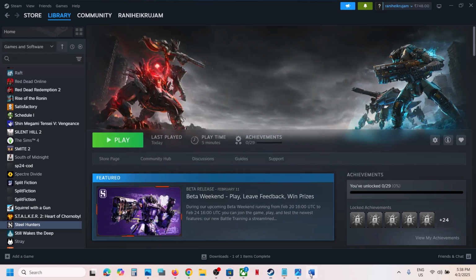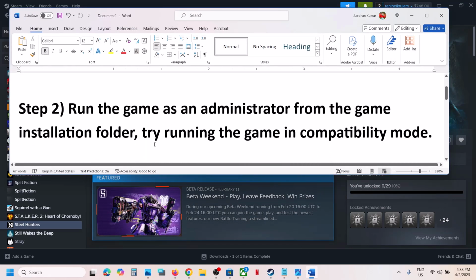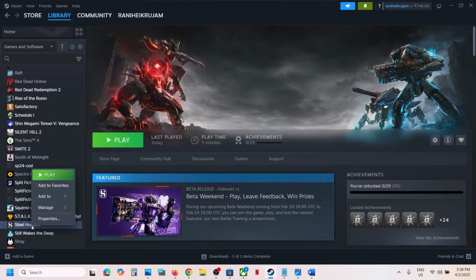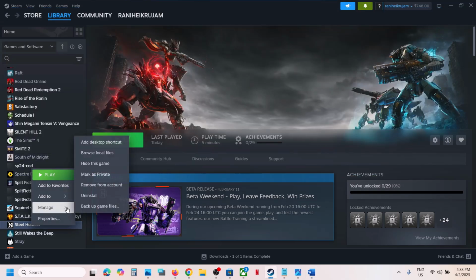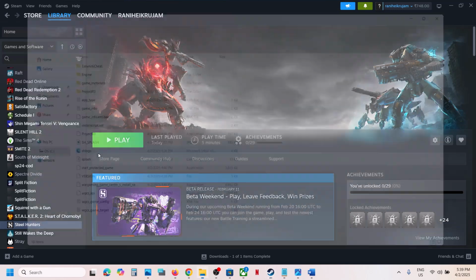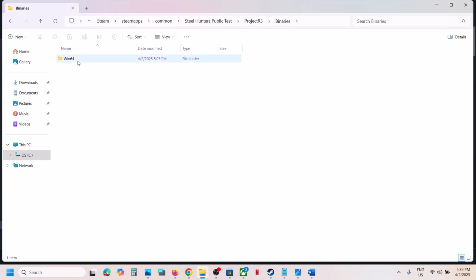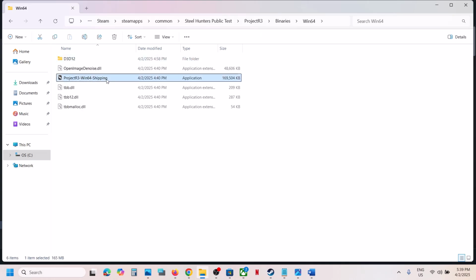Now the next step is to run the game as an administrator from the game installation folder. Now for this you can go to Steam, make a right click on the game, select manage. Now click on browse local files. This will take you to the game installation folder. Now over here open this project R3 folder, open binaries Win64, make a double click, launch the game from here